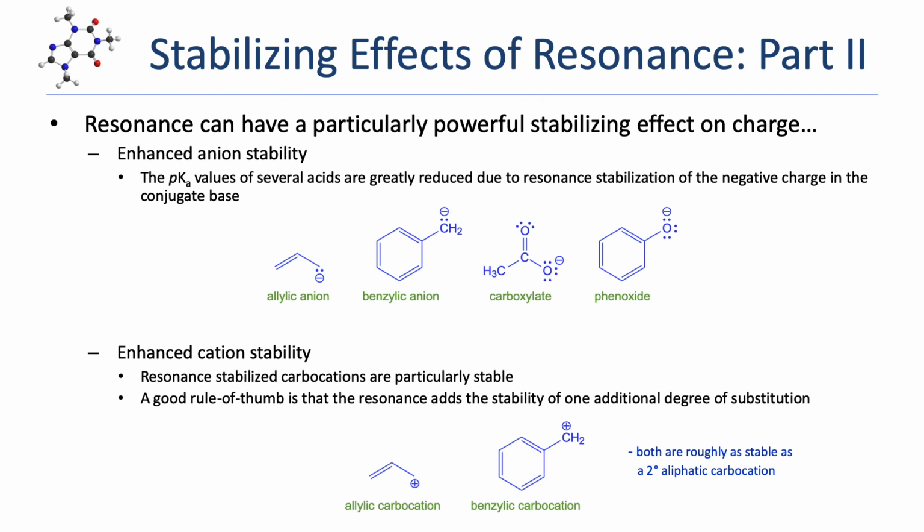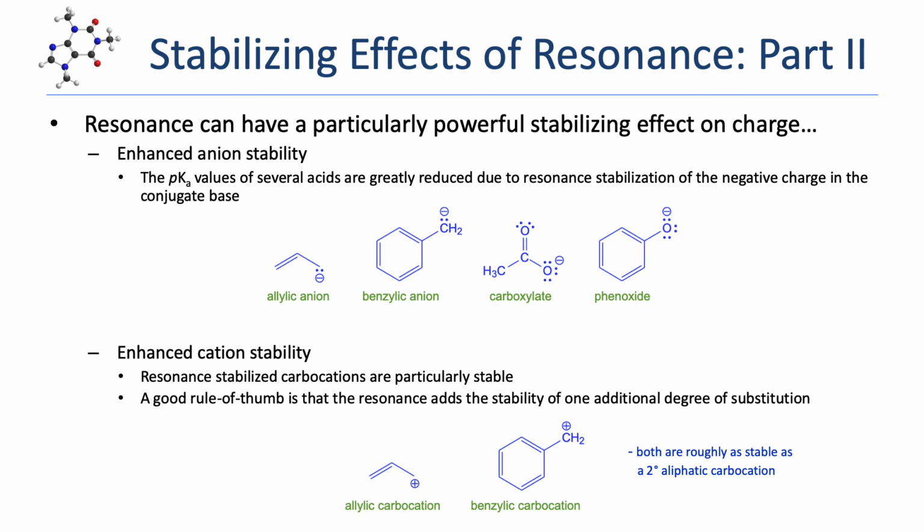A similar system is the benzylic carbocation. This is simply a positively charged carbon bonded directly to a benzene ring. And again, because the benzylic carbocation can spread that positive charge out over several atoms, it greatly stabilizes that charge. If you look at these two examples, each is a primary carbocation. But because these two carbocations have resonance stabilization, it's more thorough to describe them as primary allylic and primary benzylic,